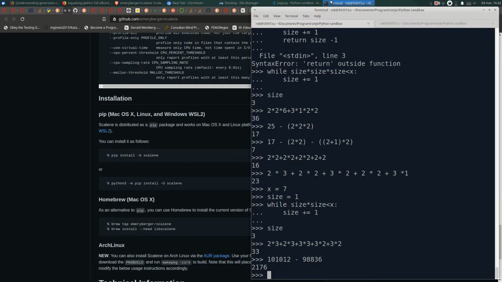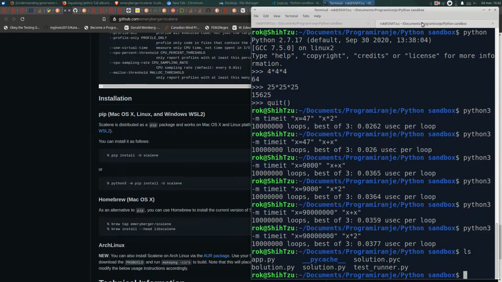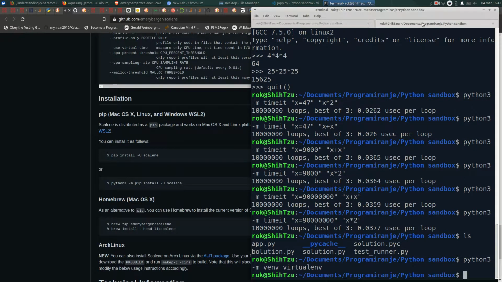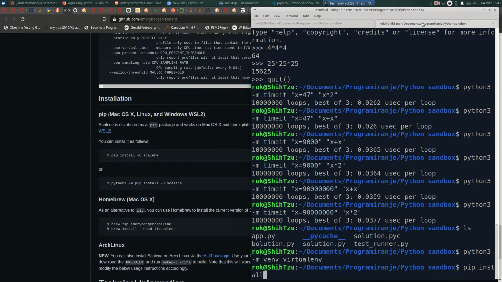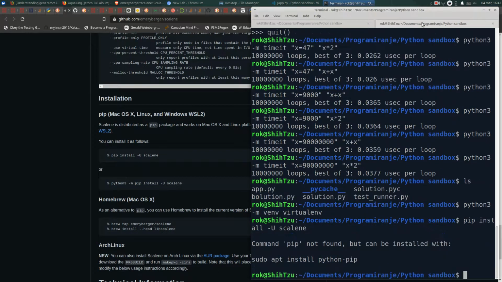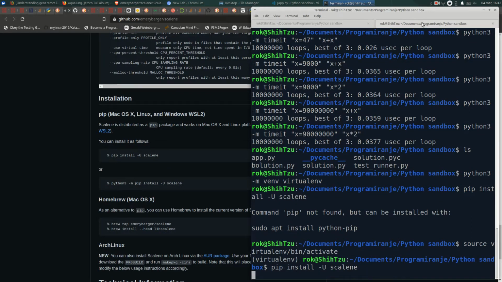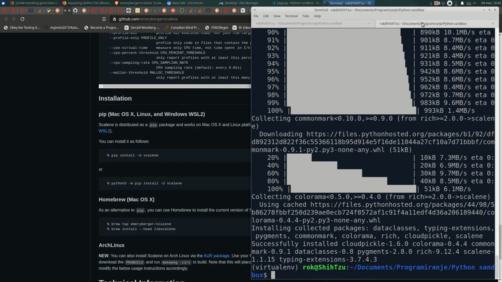Alright, let's do that over here. ls. So we say python3 -m venv and we call it virtualenv. Say pip install scalene. Oh no, we need to source the virtualenv, activate, and then pip install. Okay,